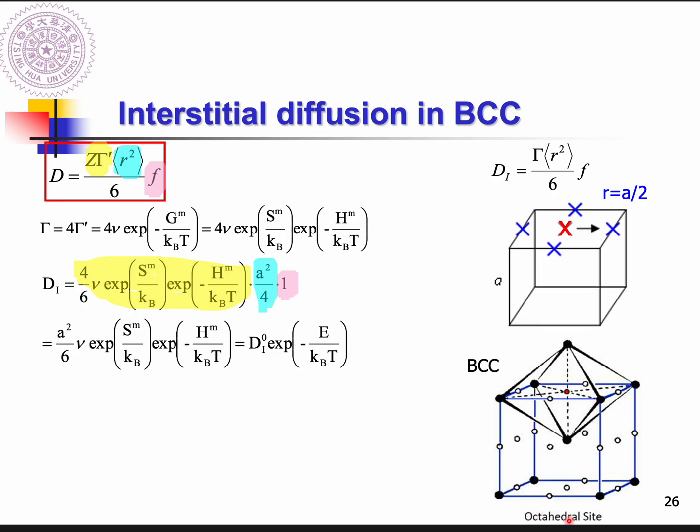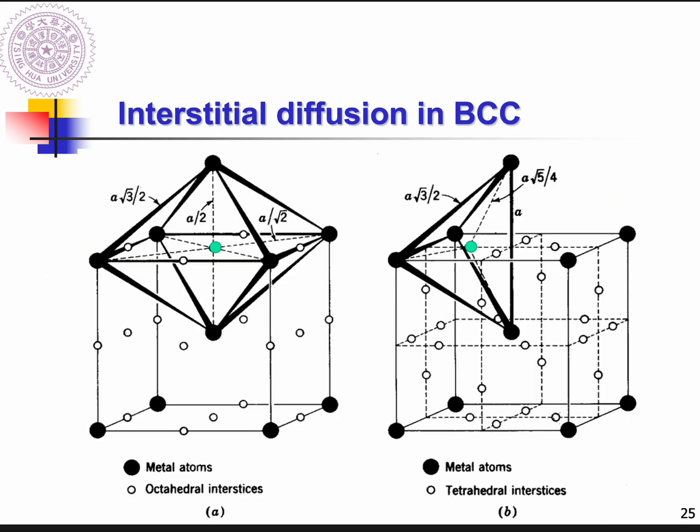Is it possible to control this? No. It is not. You cannot just control the interstitials to only jump through the octahedral interstitial site, because